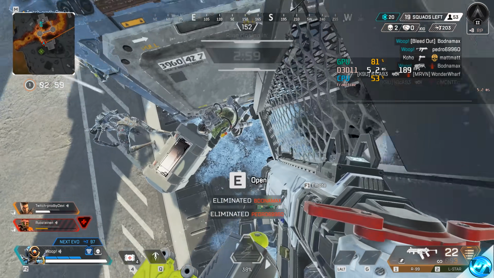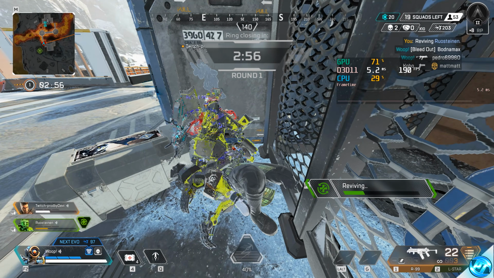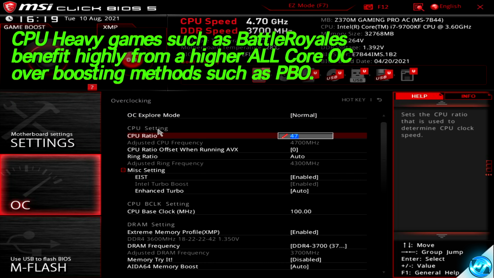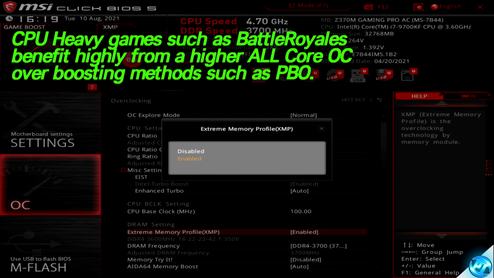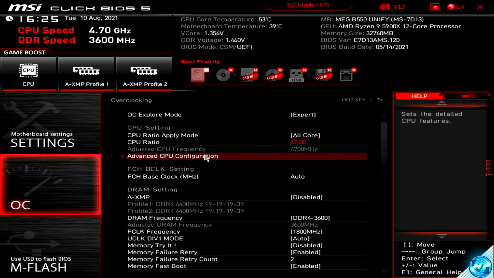Doing this will also reduce the temperatures and the power draw on the CPU, helping it run cooler for longer, also helping you further overclock the CPU without running into instability. My personal recommendation for most Battle Royale games out there is to disable hyperthreading and SMT on your system at all times and apply the highest all-core overclock you possibly can, even if that all-core overclock is not as high as some of the single-threaded boost performances provided by algorithms such as PBO.